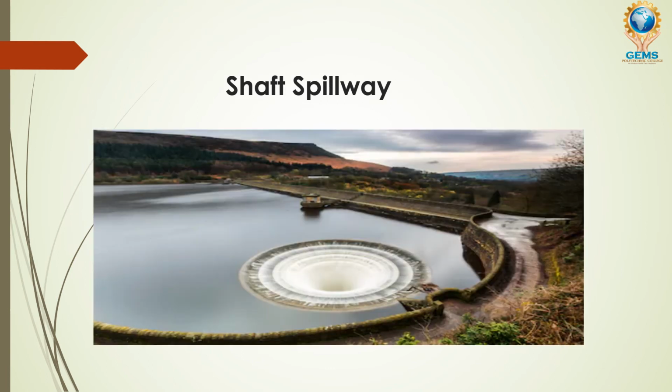Okay, this is the shaft spillway in reality. This is how it looks, a photo taken from London. Generally, this spillway is a cylindrical type. The water which is excessively stored on the upstream side is passed to this cylindrical shaft, and the water will be sucked through this round cylindrical shaft and passed to the downstream through the spillway portion present on the right corner side, and then it will reach the downstream side. Okay, fine.